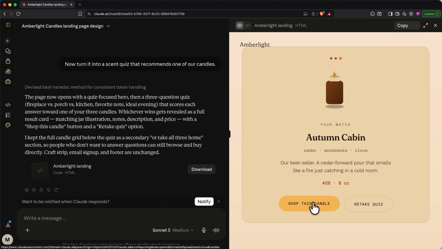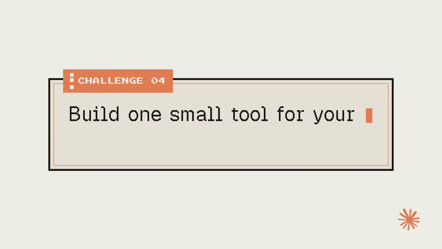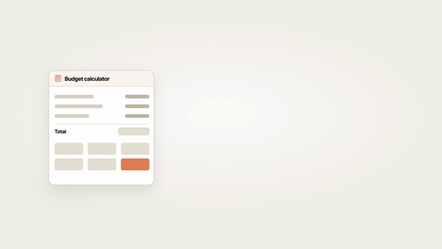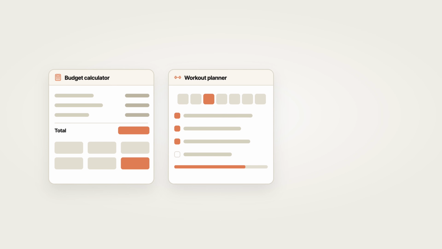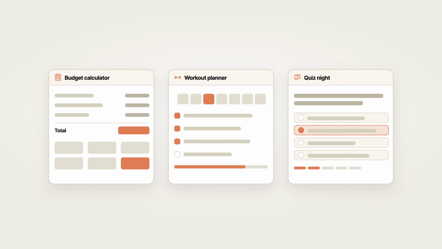You can keep talking to Claude like a designer sitting next to you, and you can push it way past where you might think it stops. So here's your challenge for this level. Ask Claude to build one small tool for your life. It could be a budget calculator, a workout planner, or a quiz for your friends. Whatever it builds for you will be different from mine, and that's the whole